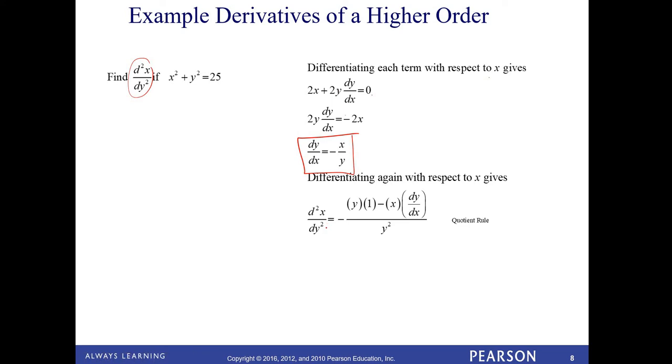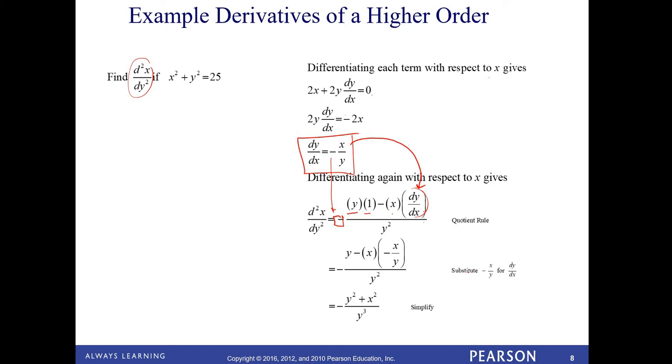Differentiating again. So now I need the quotient rule. Low d high, and notice that the minus sign is still in front, don't forget that, minus high d low, the derivative of y with respect to x is dy dx, over the square of what's below. Now, this looks fine, except this looks a little messy in my equation. So all I'm going to do is substitute what I found here down here to put everything in terms of x and y. Continuing to clean it up a little bit, y squared minus or plus x squared over y,